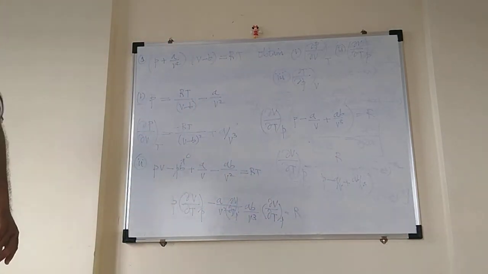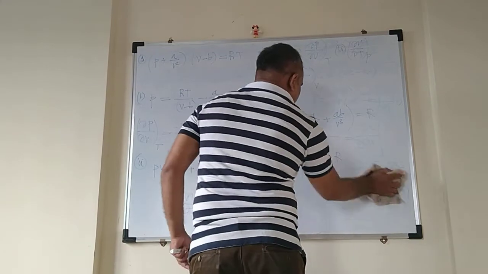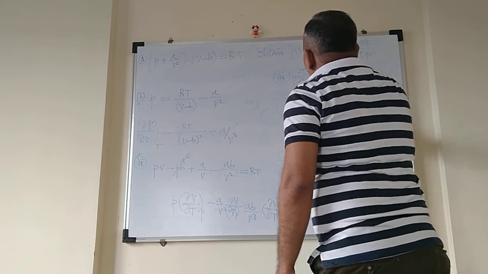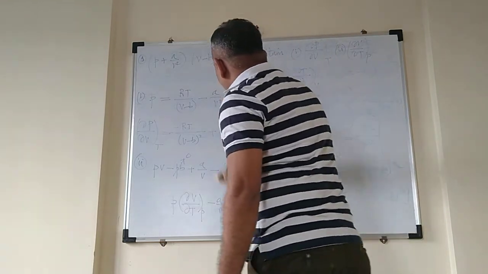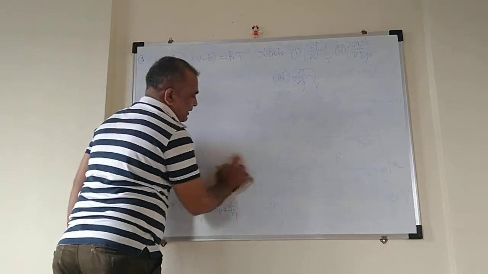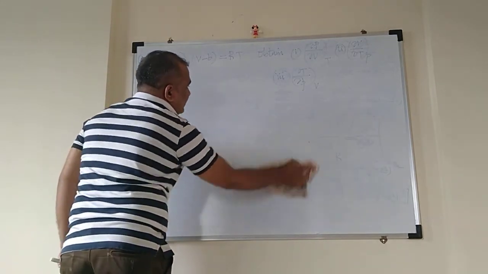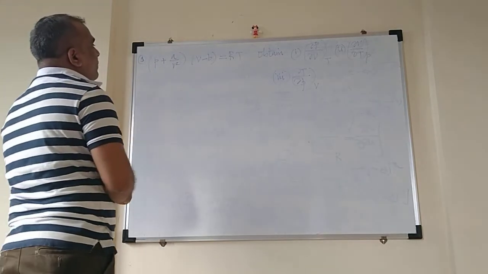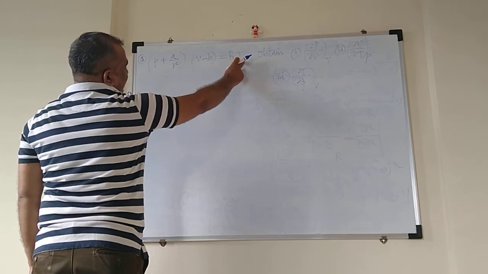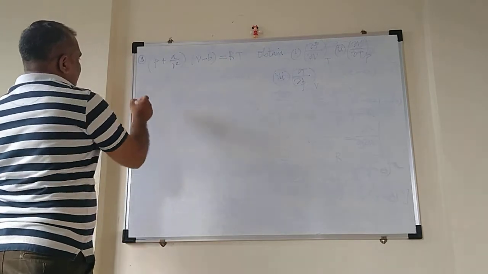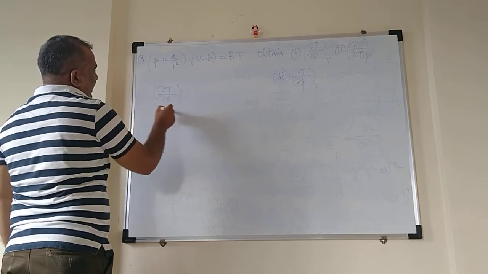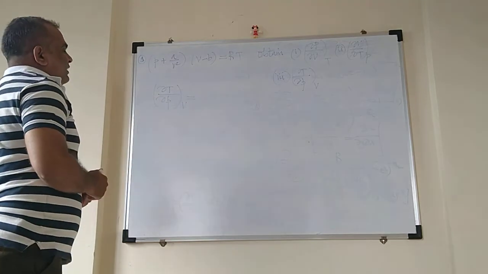Now let's move to the third bit. The answer for the third bit will be differentiation of t with respect to p. That means you have to write the van der Waals equation in terms of temperature. In order to write this in terms of temperature, r is already constant, that means the equation is already in terms of t only. So differentiate this with respect to t. So this will be dou t by dou p at constant volume. Now volume is acting as a constant.